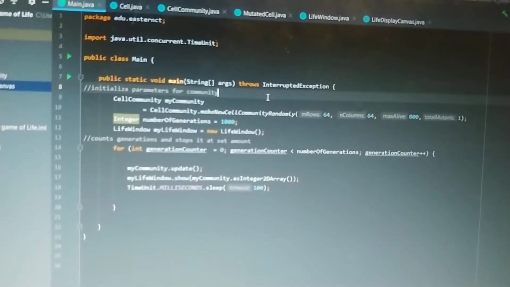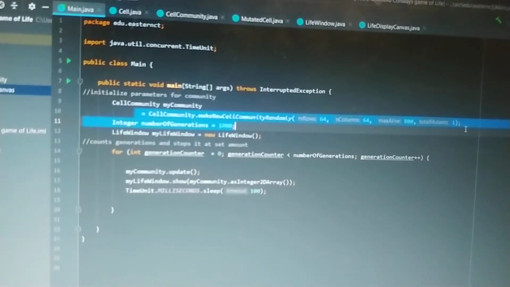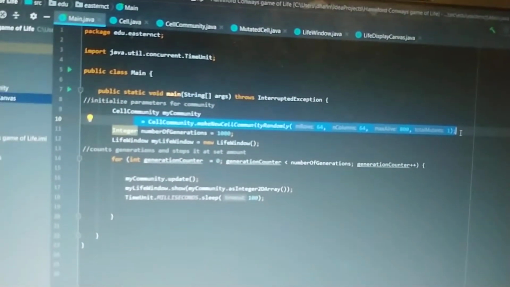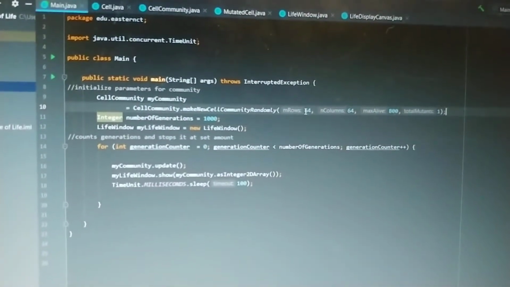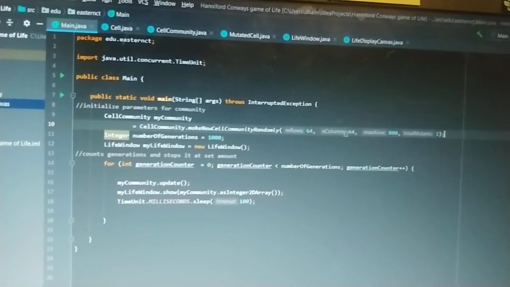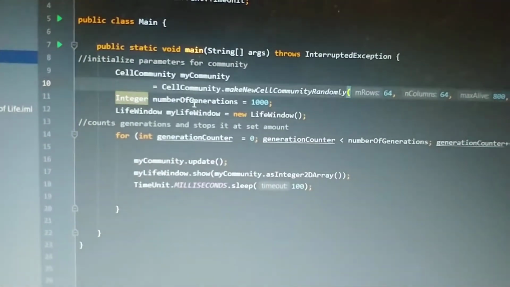We begin by initializing just the parameters for the community. So this is just setting everything up, and setting the number of rows that we're going to have in the display, the columns, which should be equal, and they are, the maximum amount of alive cells in general, and the number of mutants. I've found that upping it from 10 helps a little bit in this situation, so I set that to 50. We also had the cap on the number of generations,